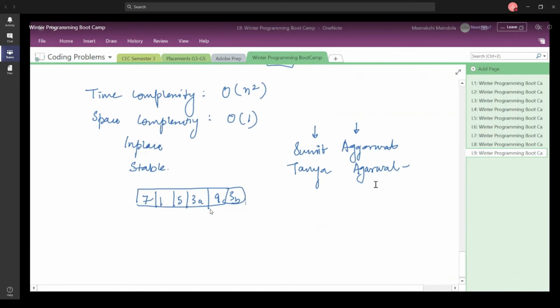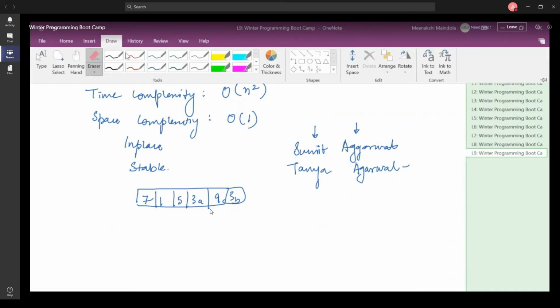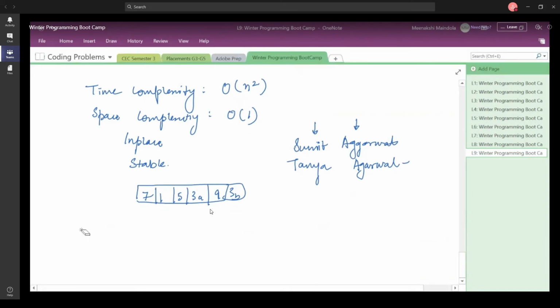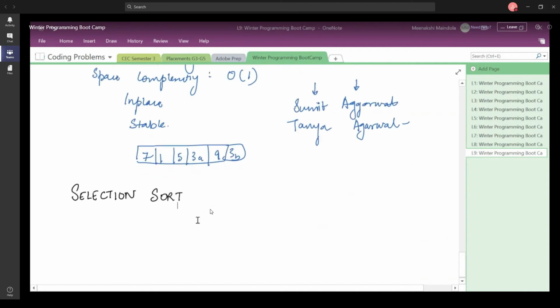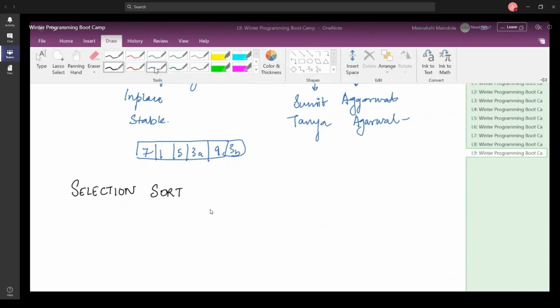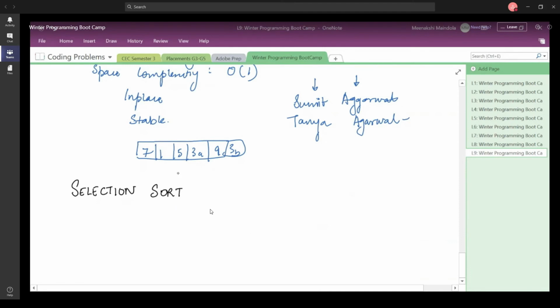The other sorting algorithm that we are going to look at is selection sort. Again, you might have already done it a lot of times, but let us just look at how this works. So can anyone tell me what is the main idea behind selection sort? How is it that you approach the input array in order to sort it in ascending order? What is the main idea behind selection sort?